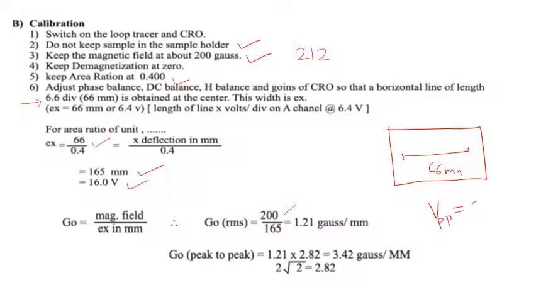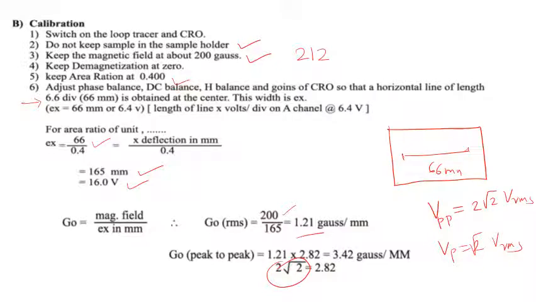So in that case we multiply it by 2 root 2 to the VRMS value. Okay, so same thing, where the V peak value is there, we multiply just by root 2 to get the VRMS value. So same thing we are going to use here. This 2 root 2 is nothing but, we are going to take it as 2.82, and this, you can say, 1.21 is our actual value.